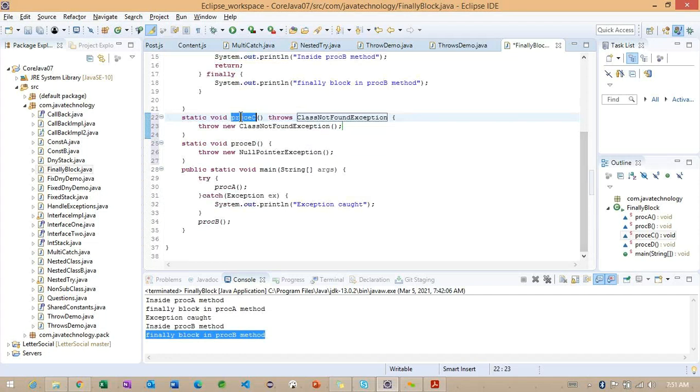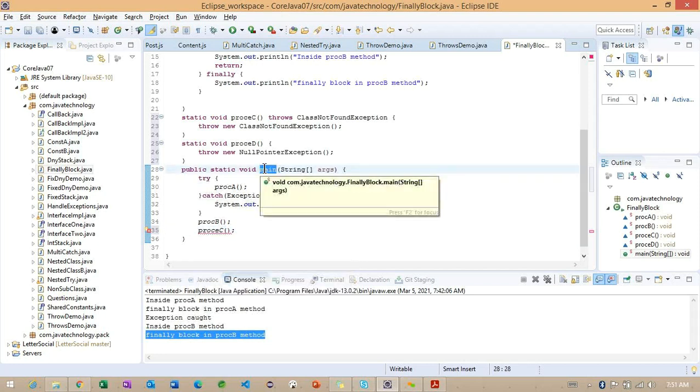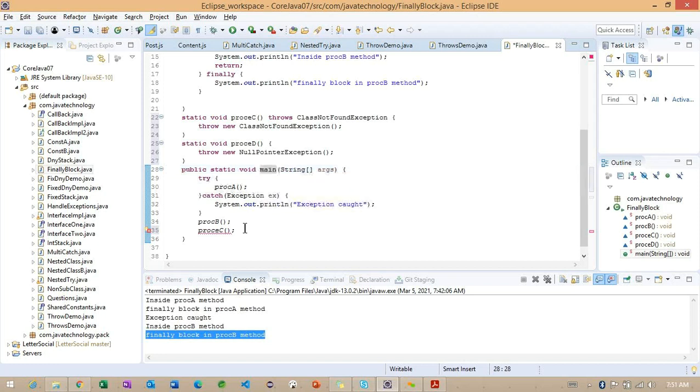But make sure that whenever this process method is called, if I'm going to call process A here, what is it asking? Again it is asking to handle the exception within the try block or rethrow the exception. If I'm going to use the throws here, the main method is going to handle the throws declaration. So this is the way we work with checked exceptions and unchecked exceptions. And these are some built-in exceptions we identified here.